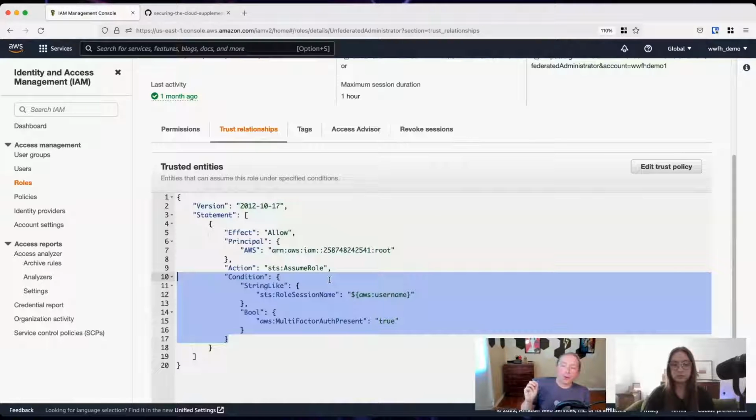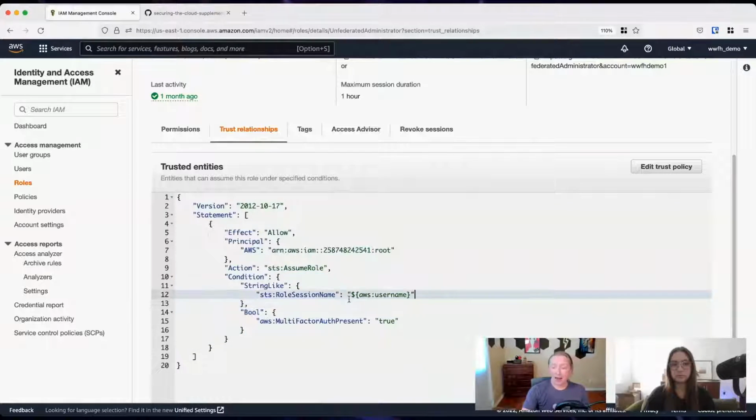And then we also say in there that they have to provide attribution for who they are when they assume that role, because attackers actually will use assume role sessions to kind of hide their identity sometimes, because once you assume a role, all of the actions in that account are attributed to the role and not the individual. So this condition here just requires people to be honest about who they are when they assume the role.